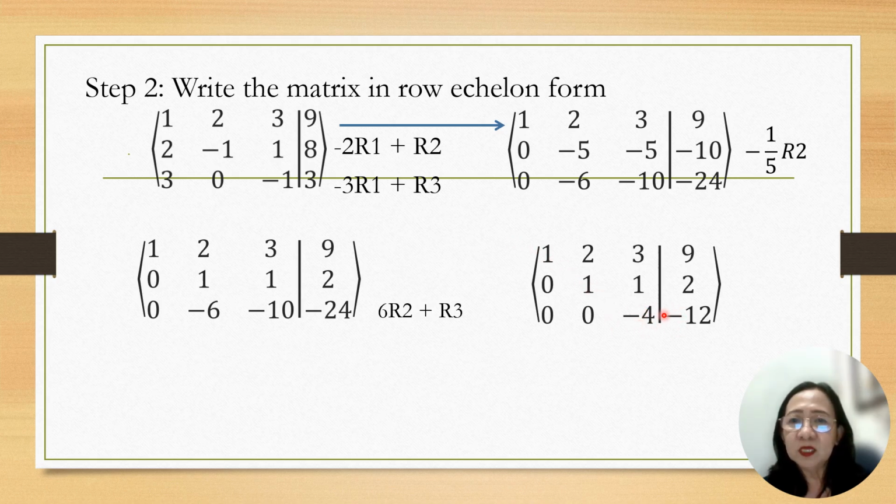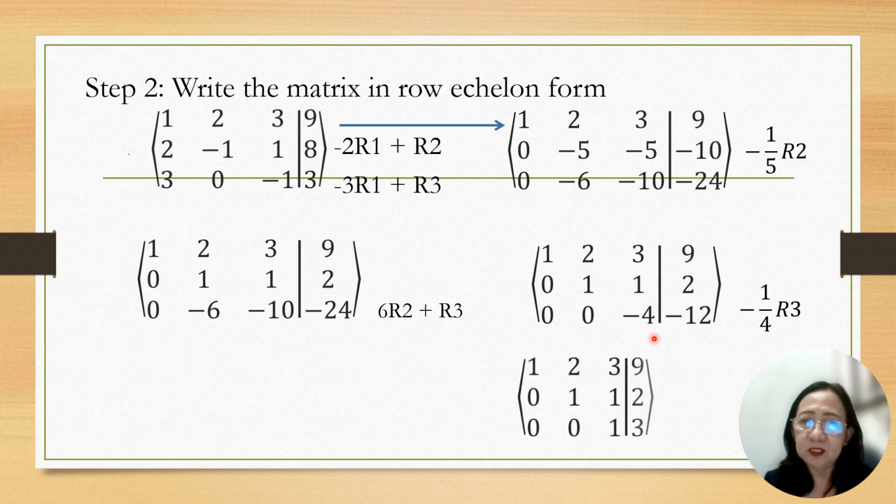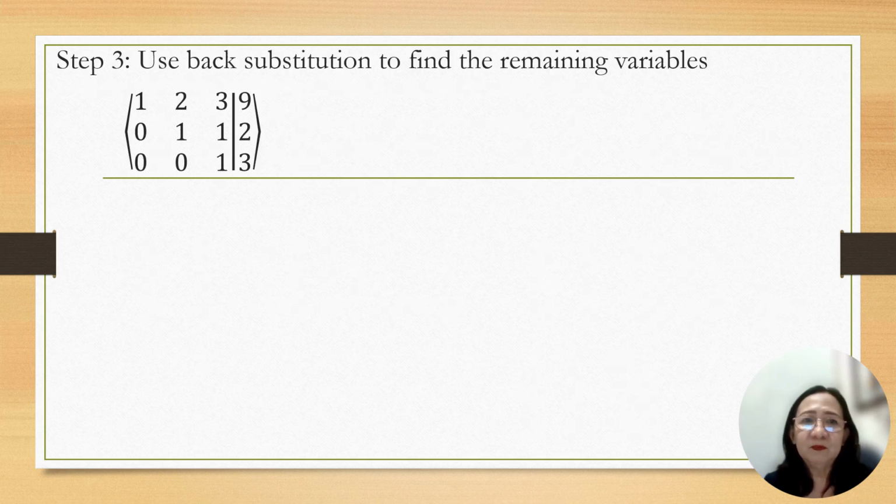So our concern is to make this negative 4 into 1. So what operation are we going to apply? Okay, multiply by its reciprocal, which is now a negative 1/4. So multiply negative 1/4 to our third row. So let us copy the first row and second row and then apply 0, 0. Of course, that is 0 multiplied by negative 1/4. The negative 4 times negative 1/4 is the same as negative 4 over negative 4 or 1. And negative 12 divided by negative 4, that is now positive 3. Okay, let us copy this. We have the result now.